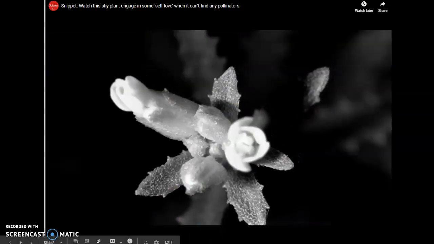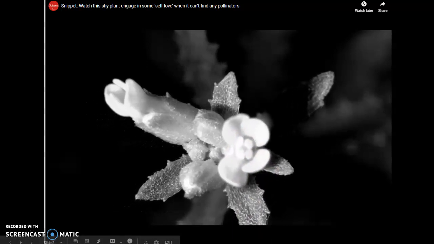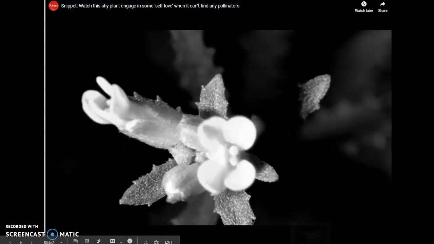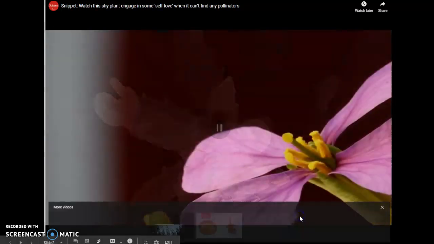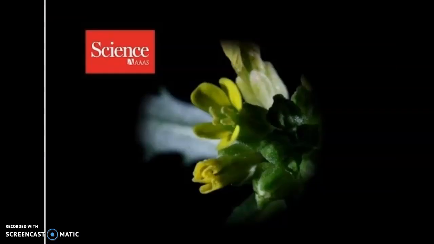So you might have seen that the anthers here, what are they doing? They're rubbing itself. And so there you have it, ladies and gentlemen. We have this shy plant engaging in some self-love when it can't find pollinators. So this is a really cool behavior that plants have developed to ensure that their genes are going to be